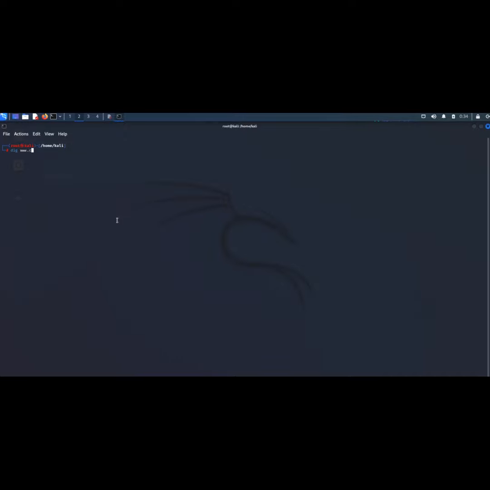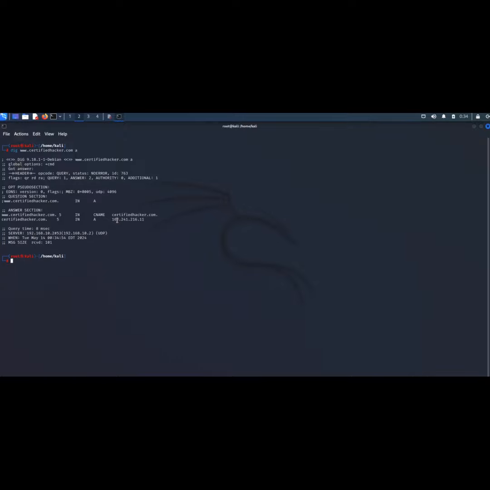Dig is one of the most used tools for DNS enumeration. It is also known as the DNS Swiss Army knife. With it, we can see the IP address, global options,